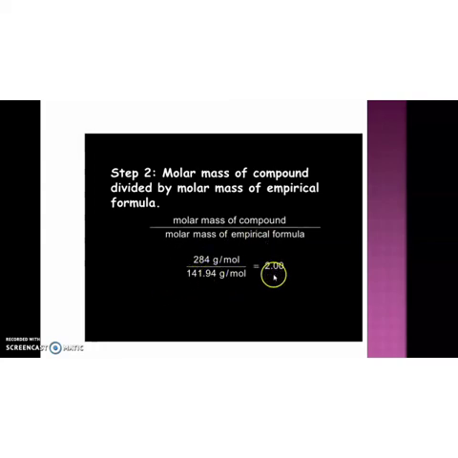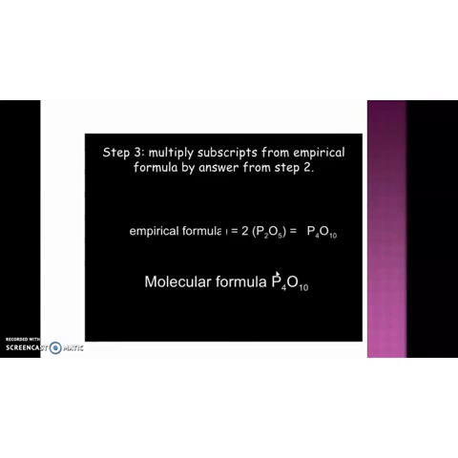So, you get the number. Here it is 2. And the third step is multiply that number with your empirical formula. Since the empirical formula is P2O5 and you get the value as 2, so 2 into P2O5. That is P, 2 into 2, that is 4. That is P4. And oxygen 2 into 5, that is 10. So the molecular formula becomes P4O10. So this is the way to find out the molecular formula from the empirical formula of the compound.